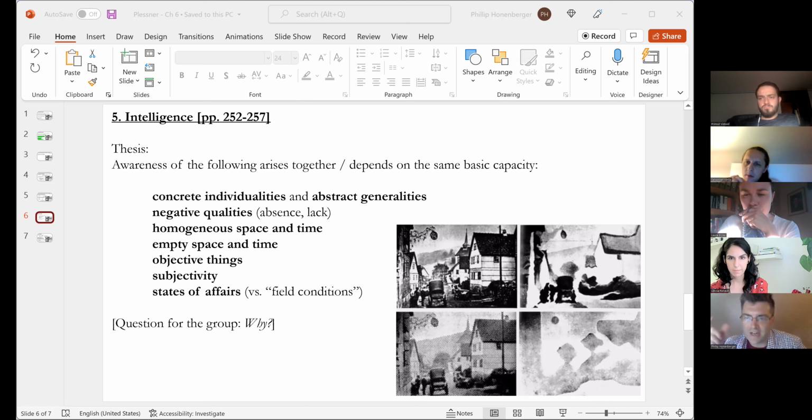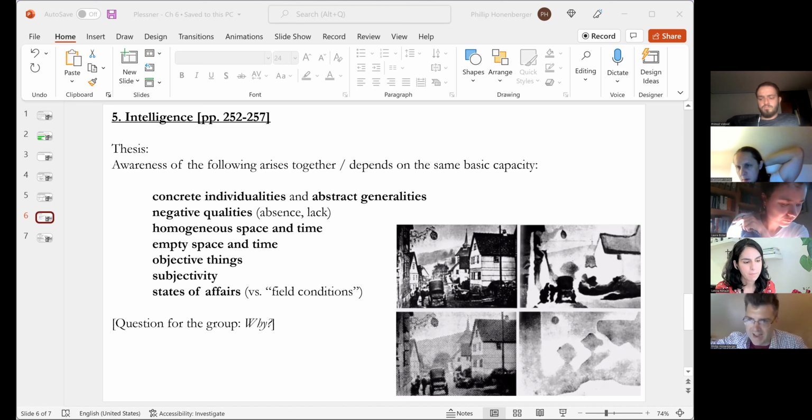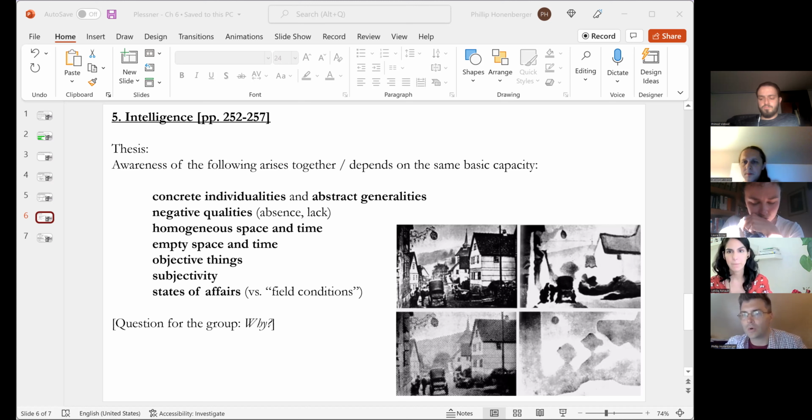You can think about mediation as another way of talking about distance, because there's something standing between the organism and its past, or the subject or the self and the past, or what's happened. And that mediation on Plessner's account, what's mediating the relation to the past, is